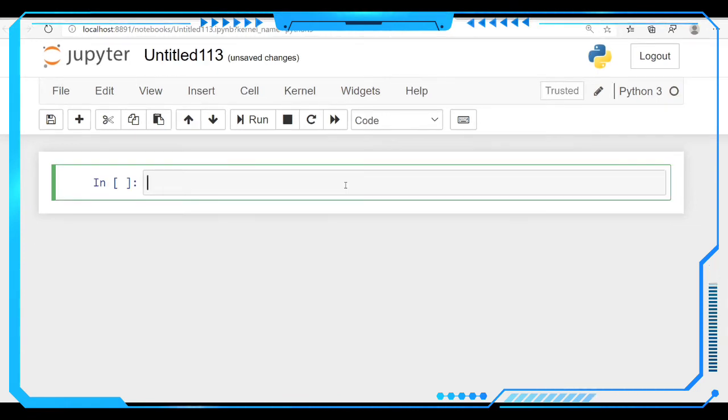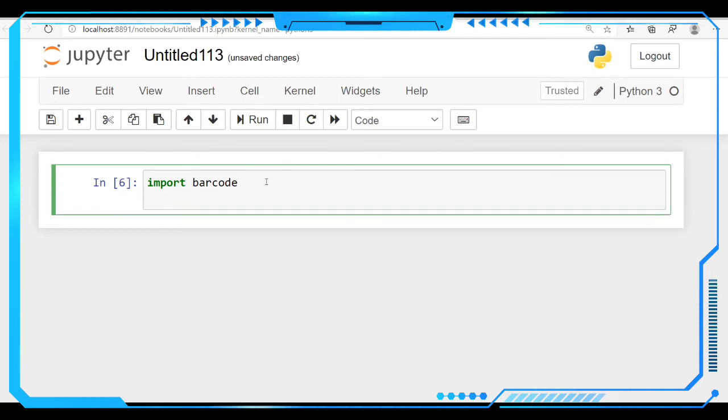First of all, we have to import barcode. After importing, we have to check whether the barcode library is successfully installed or not. After running this, if there is no error in this shell, it means the barcode library is successfully installed.